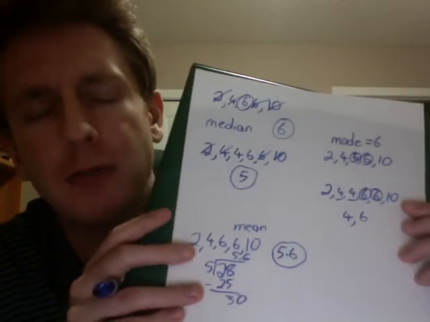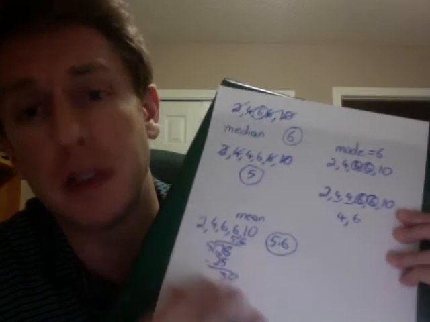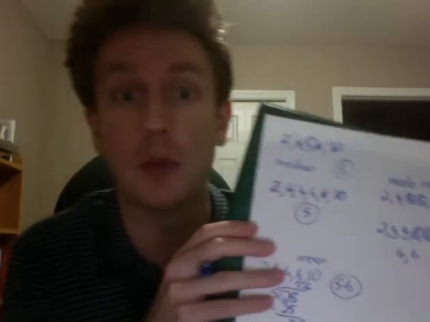So it really is, in this case, I would argue the more precise way to get an assessment of how that class is doing. Because let's take another look at how just looking at the median or the mode could be inaccurate, okay? So let's say in this class, these are the superstars, okay? 2, 2, 2, either that or they had a negligent math teacher. Okay, so 2, 2, 2, 2, 2, and then we're going to go with